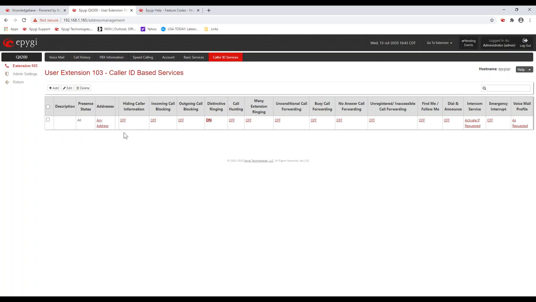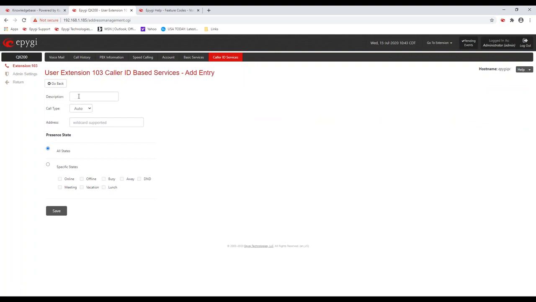Okay, the caller ID services. It's called caller ID services because you can add different features. You can see on this page there's different features that are active when somebody calls this extension. But you could also add a particular caller ID. So for example, I use the auto option,